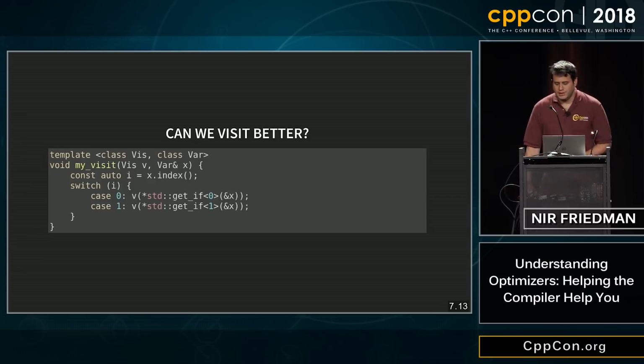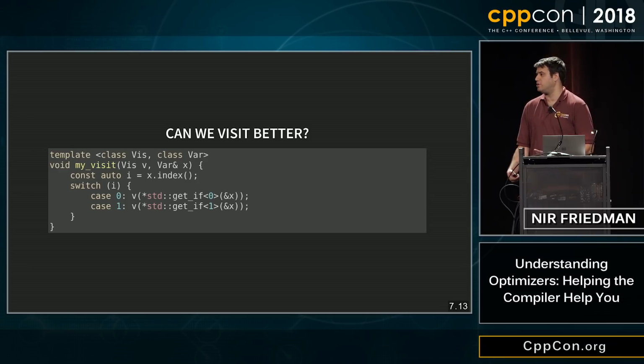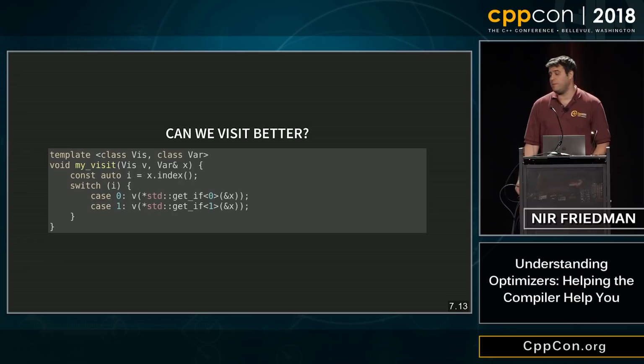So the state of affairs for variant, it's not great. Personally, I wouldn't use visit in performance critical code, just right off the bat because of these issues. But you might want to consider, if you do that, write your own visit. And hopefully at some point, the compiler should be able to optimize this, so I can see the perspective that the implementation is fine, because all the function pointers are constexpr, right? So the compiler should know them at compile time. But it just doesn't inline them, and that's why you have this problem.